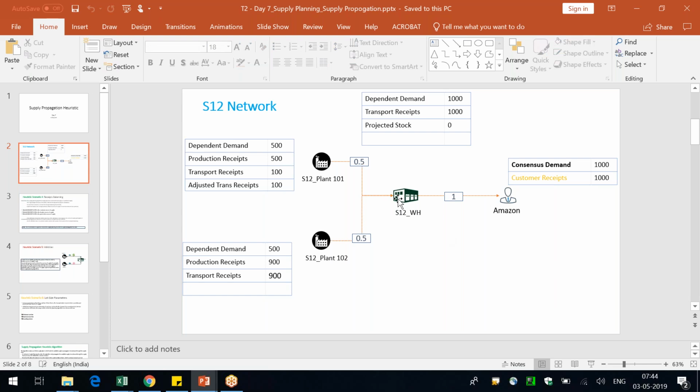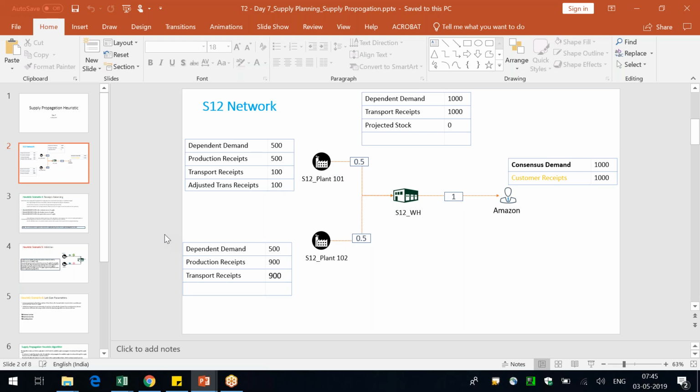Next is the location source of supply. So that is between the locations. So for this warehouse 2, there are two sources of supplies. It is connected to plant 1 and plant 2. Again, you can say that plant 1 is not valid for so and so duration. Heuristic, supply propagation, or even optimizer will respect that, and then it will not consider that line of network for the supply plan.